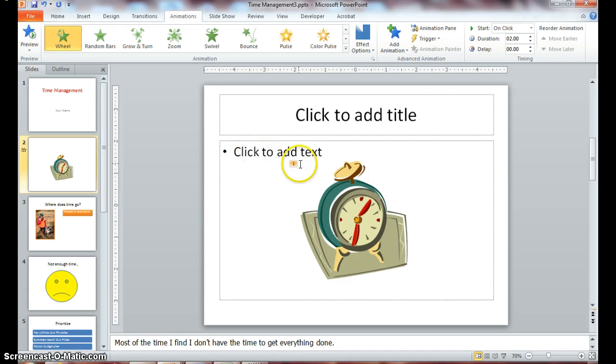Notice that there's a 1 on your slide that appears to the left, indicating that this is the first animation format on this slide. Also notice in your slides panel, notice this star, which is the play animations icon, which is displayed to let you know that this slide has animation. Click slide 3